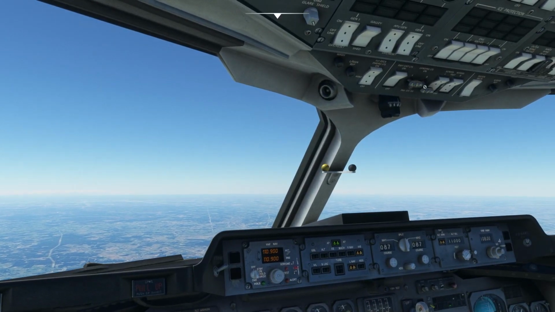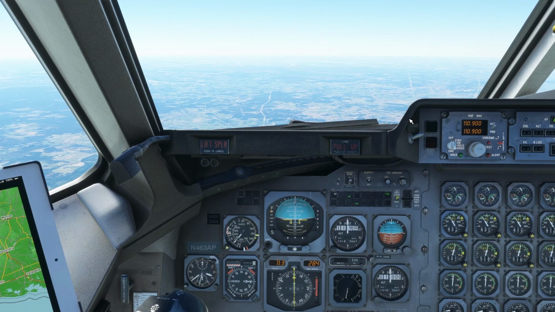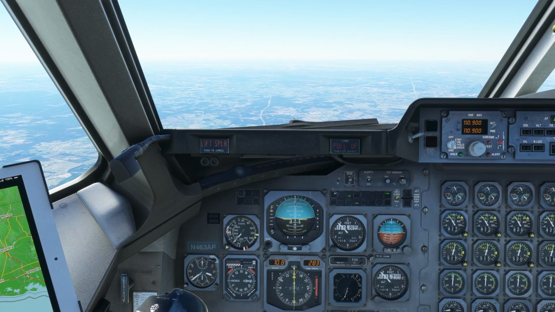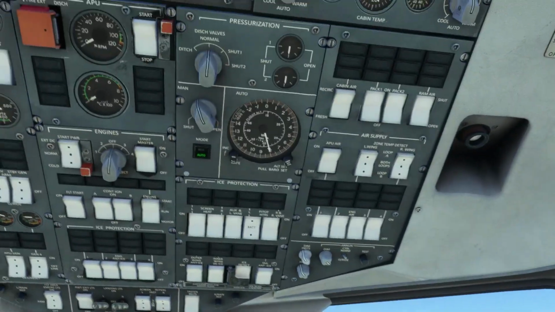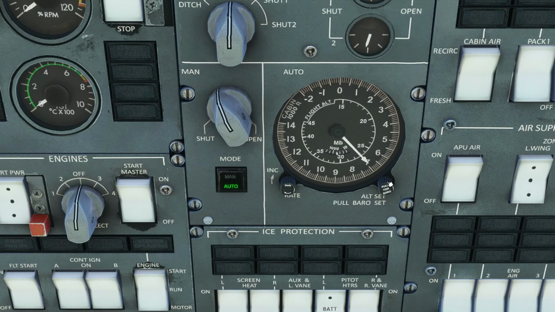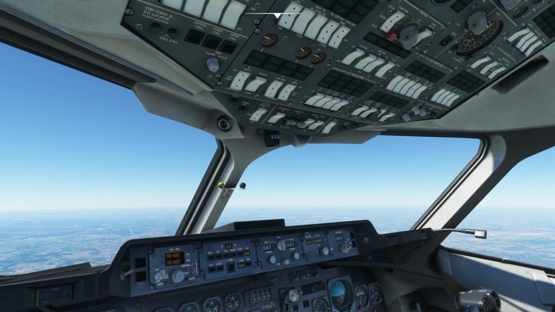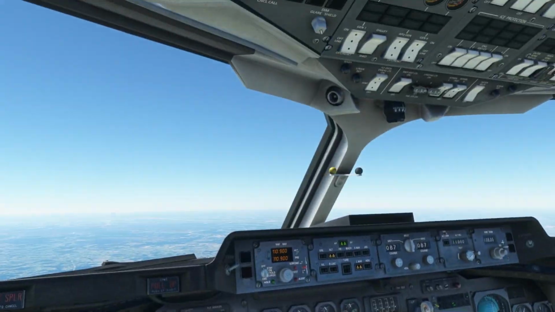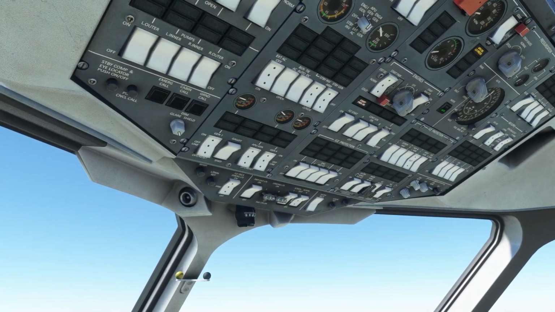I'm gonna be turning on the landing lights. We are approaching our selected altitude. And we're gonna be descending for the airport. There we go. You check the elevation of the airport, and that's what you select here. Final checks, landing lights are on. I'm gonna be starting the APU, and